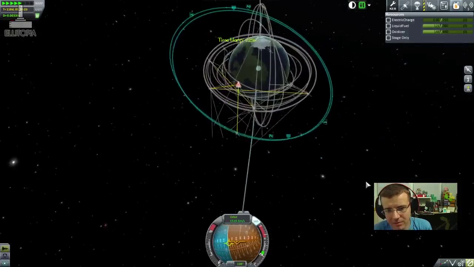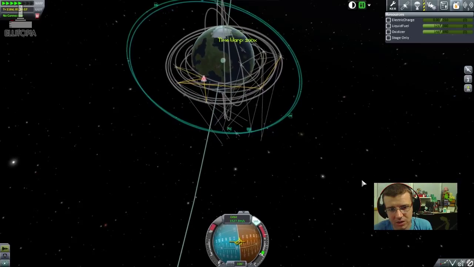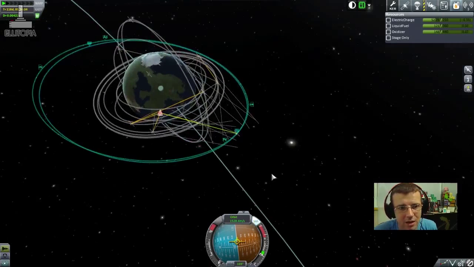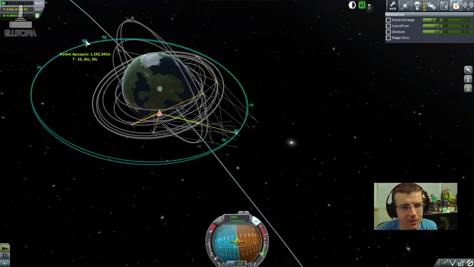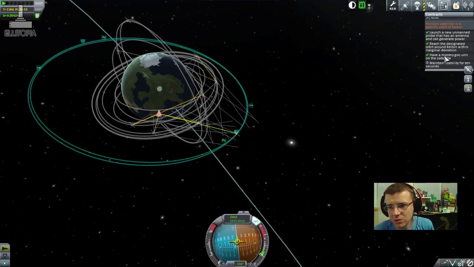Let's get to the Peri. And hopefully this time we will have some sunlight just as we get round to the Peri. Yes, just about. And we are prograde again. Apo at 1221 is what we're looking for. Oh, that's 1121. Okay, 1221. Oh, 1223. Okay, I wasn't paying attention, but that's within